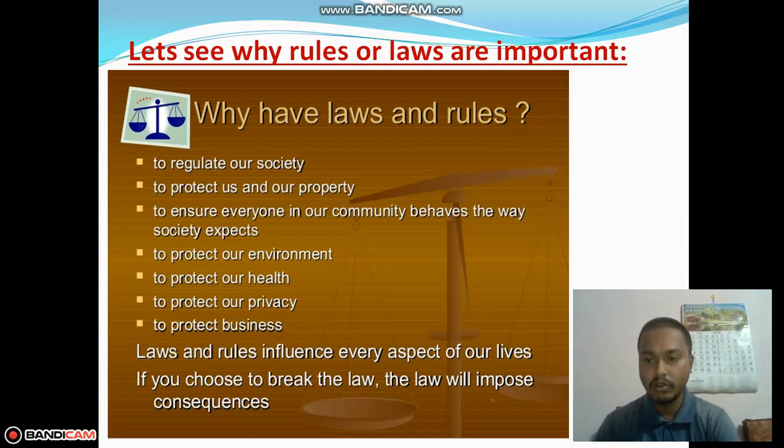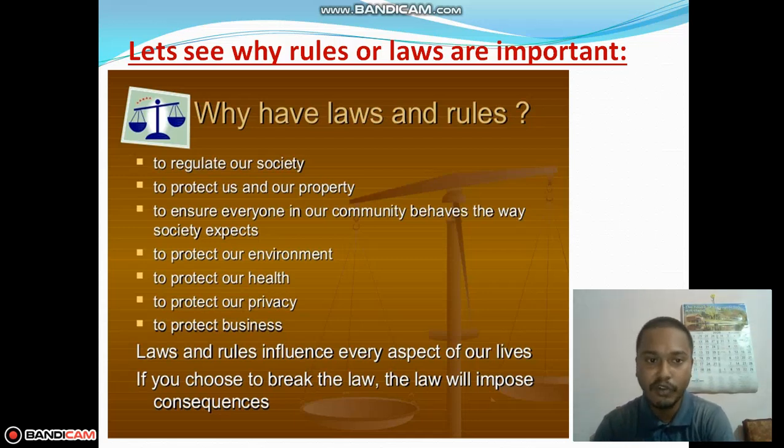But why these laws? What importance do they have? They have very much importance in our daily lives. So we're going to see a list of the importance of those laws in our life. To regulate our society, they keep our society in check, so that there is no imbalance. They protect us and our property. Of course, if there is a mishap or any kind of problem with us or our property, you can always go to the judiciary. To ensure everyone in the community behaves the way society expects,